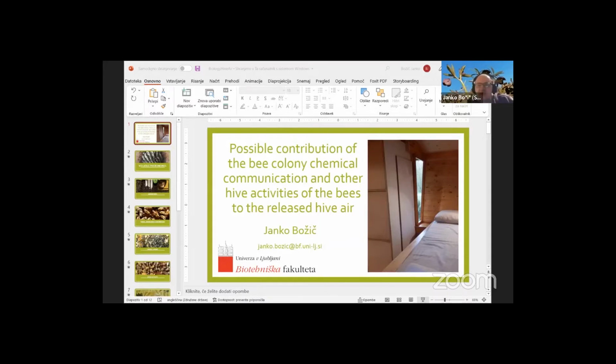Can you see the whole screen now? No, not yet, not yet. If you can press on that button to make it full screen. Yeah, I press full screen, so I'm just asking if you can see full screen. Not yet. So what you can do, Janko, okay. You can stop the share screen. Yeah. Okay, and then when you press again on the share screen, do not go directly to the PowerPoint.